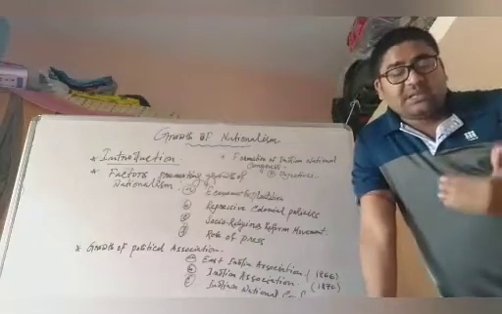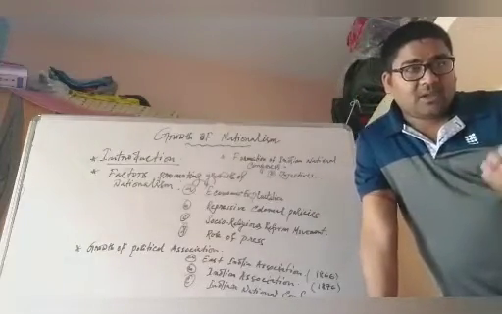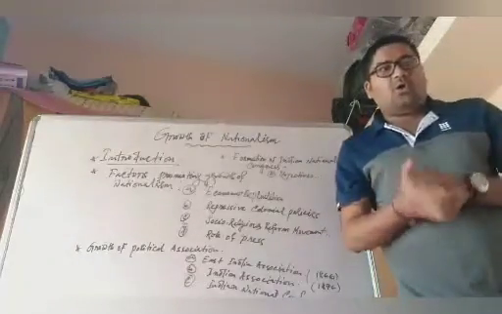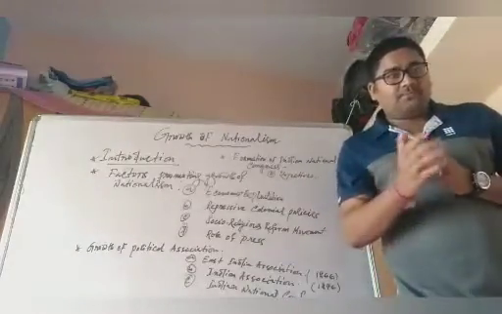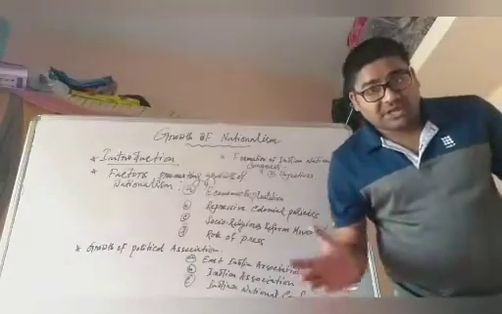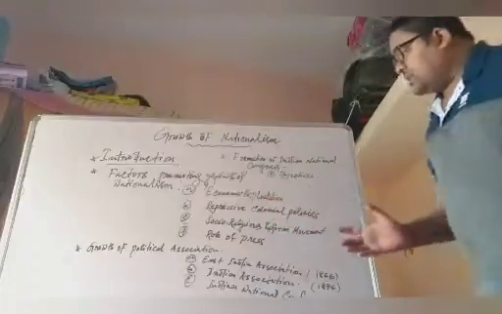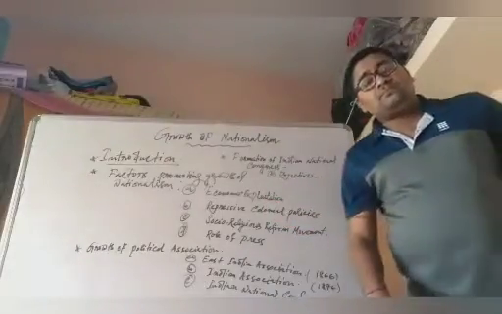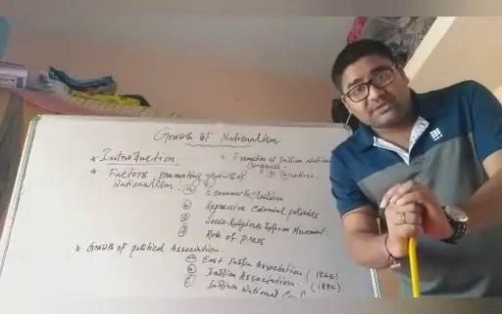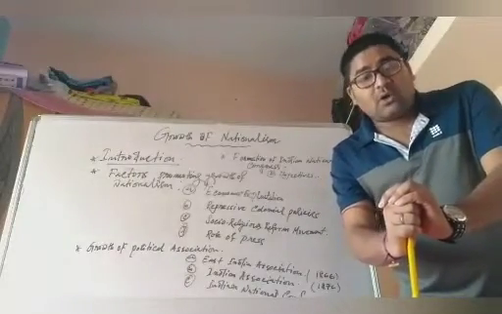So now we will see the repressive policies. The British had conquered India to promote their own interest, and therefore they followed repressive policies to make India subservient to British interests. Especially some of the policies taken by Lord Lytton.